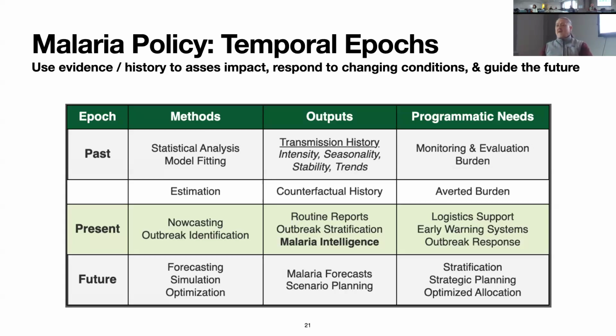The next, though, is this counterfactual past. It's a very important thing that we use in policy, where we have to say, what would have happened if I had done something else? This counterfactual past ends up becoming incredibly important in advocacy. How many lives did you save, as opposed to how many people are dying of malaria right now?